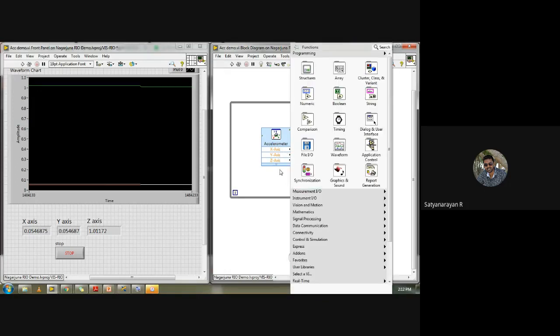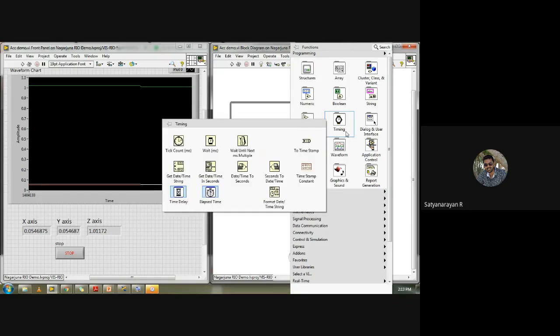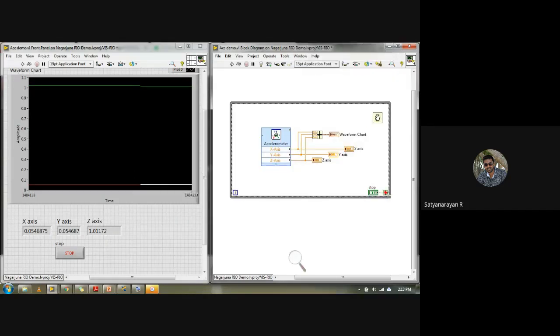it's always better to place a wait function. So I right-click in the block diagram, go to timing. Here we have the option called wait in milliseconds. I'll place wait in milliseconds. It's not in seconds, it's in milliseconds. I'll give it as 100 milliseconds.